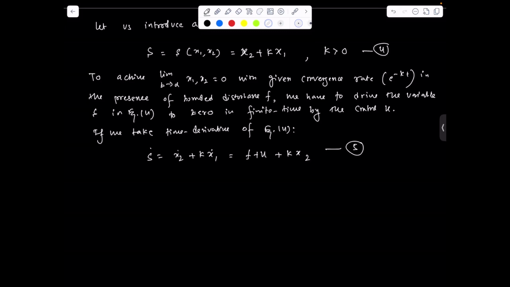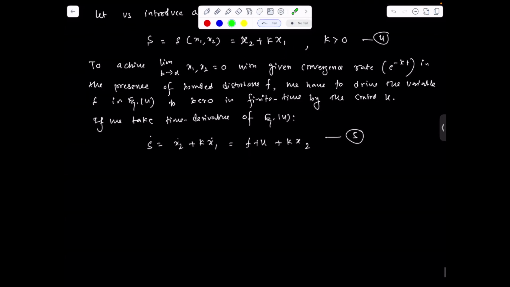So our main motivation is we have to define the Lyapunov function in terms of s. If the Lyapunov function is negative definite, and if we can come up with some structure, what we'll be doing now, then we can comment that x1 and x2 also will be stable if s is stable, right? So basically we are transforming the x1, x2 domain to the s domain. We are transforming the variable into the defined s domain.